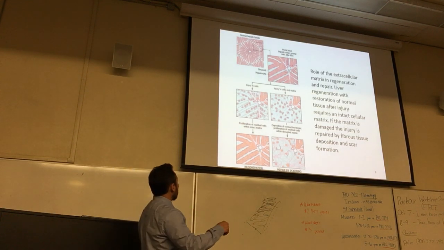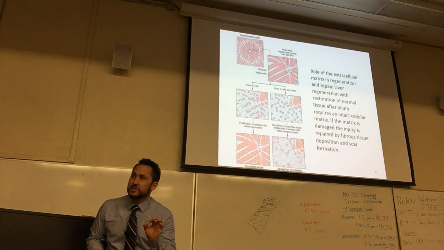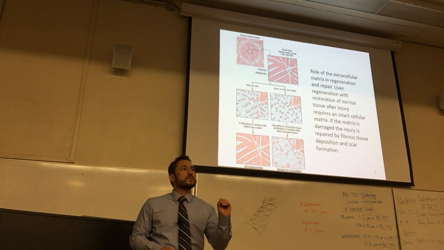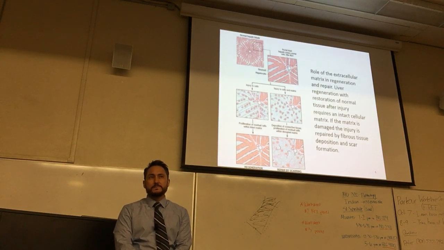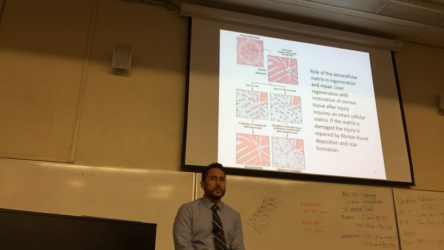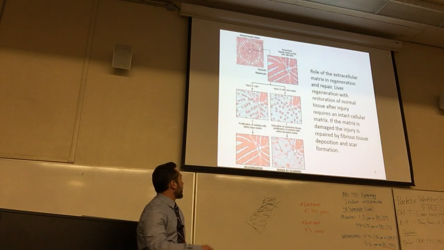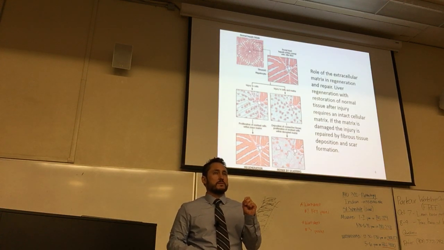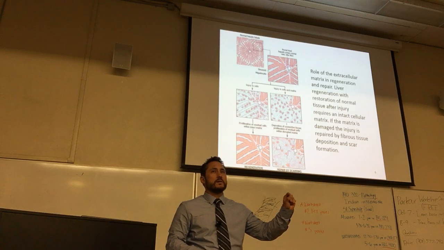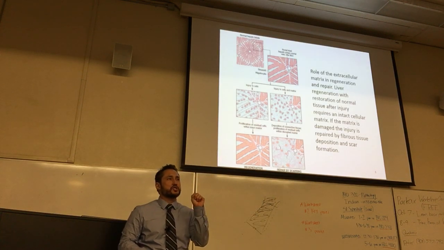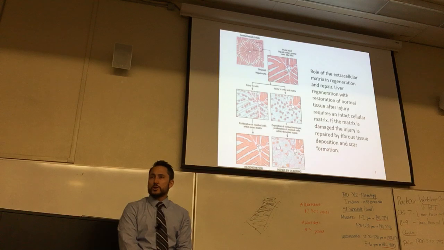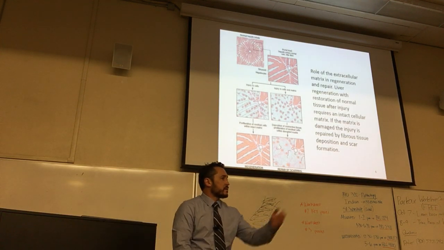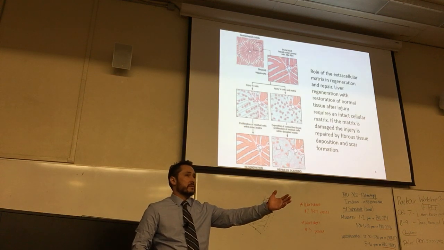Or, if you have hypoxia or chronic inflammation to the liver over a long period of time, how would that influence the architecture? Can you answer that question? Did you follow what I just asked? If you had hypoxia or chronic inflammation to the liver, how would that potentially cause changes and damage to the architecture? Chronic inflammation is the key word. Necrosis. What's that? Necrosis. You get necrosis, okay? That's the first step.